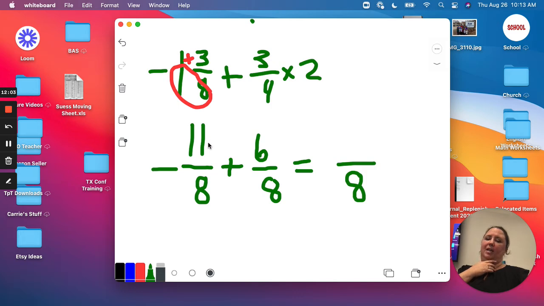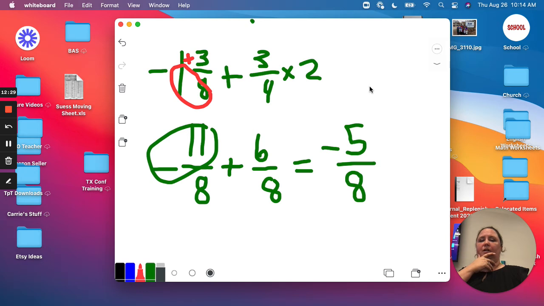So now I have a negative 11 plus 6. What's negative 11 plus 6? Negative 17. Nope. This is a negative. This is a positive. What? Negative 5 over 8. So it's like the 11 minus 6 and throw the negative back in front of it. Okay? Any questions on how to do that? Yes? You do add them, but you got to remember that this is negative. So if I were to draw a number line,